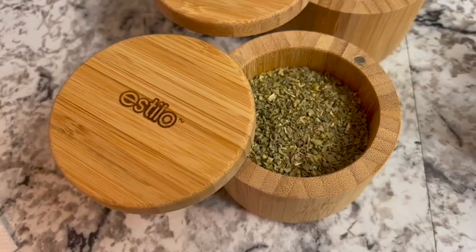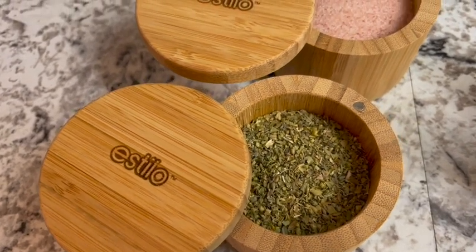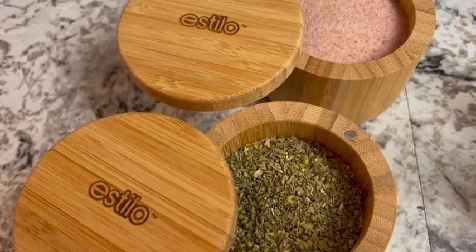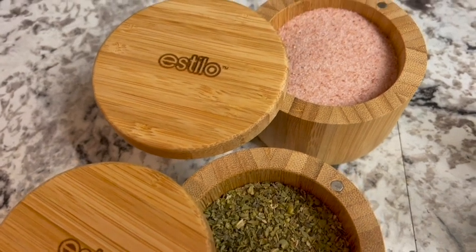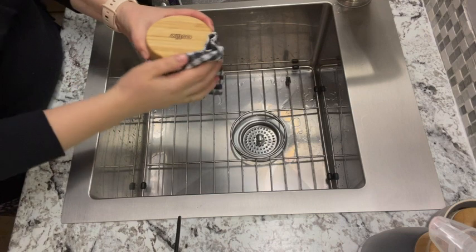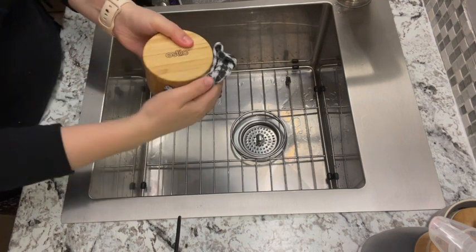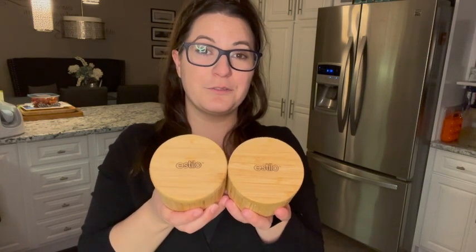They're made of 100% bamboo, so they're gonna last a real long time. They hold a large enough amount that you don't have to keep refilling them all the time. And they're really easy to clean. All you have to do is wipe them down with either a cloth or some warm water and soap and let them air dry. Not only are these Estilo salt and pepper holders super functional, but they're also really cute